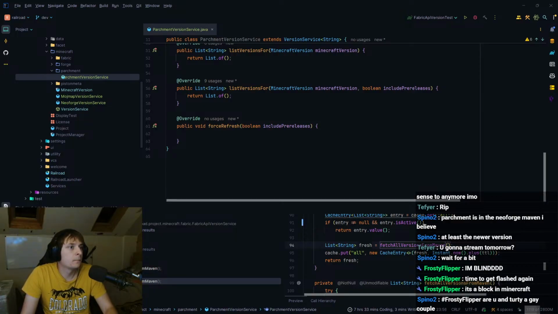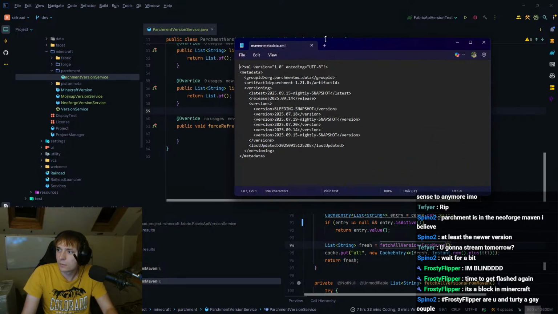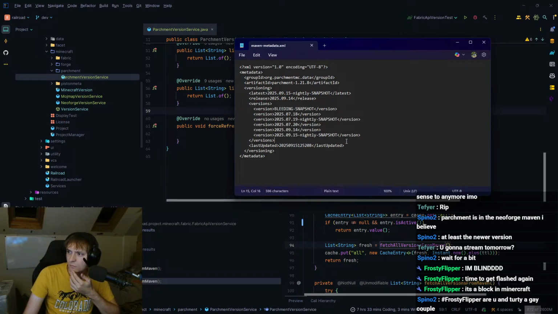Okay. I've downloaded the Maven metadata. It is the Maven metadata. Versioning, version. It's probably fine, but parsing this will be a pain in the butt. But I think the rest is probably fine.